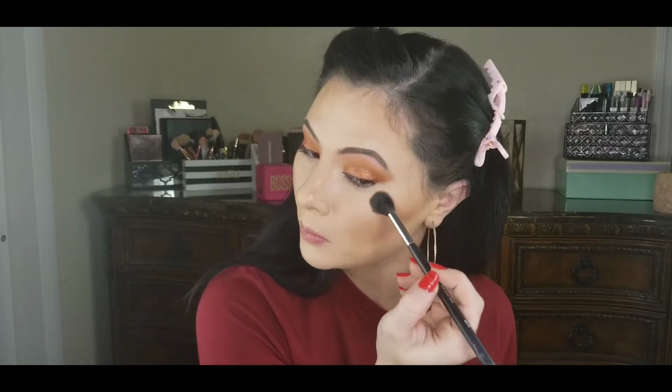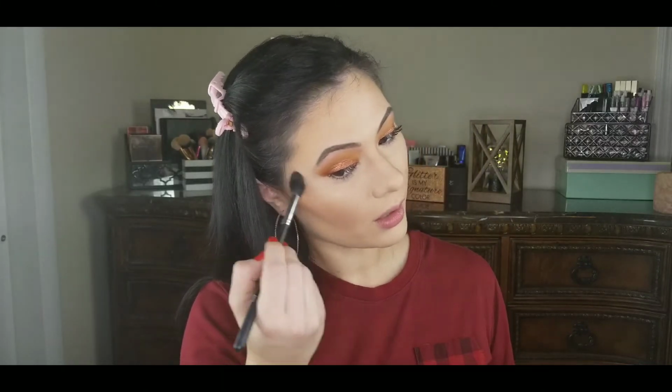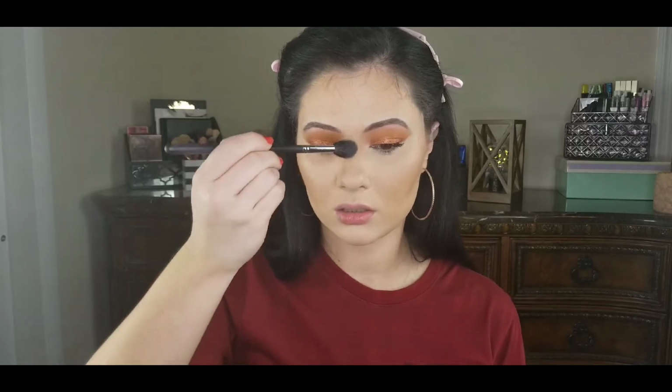Everybody knows why. Spray that on. And then I'm going to put my highlighter on. So highlighter here. Highlighter here. And whenever your highlighter is on, do not let your face make expressions at all. Like, don't raise your eyebrows. You can talk. You can blink. That is it. Because any setting spray